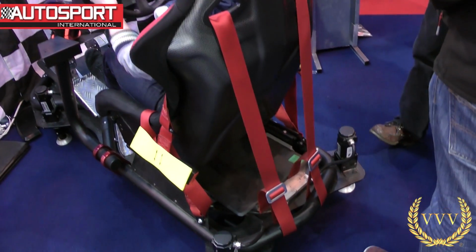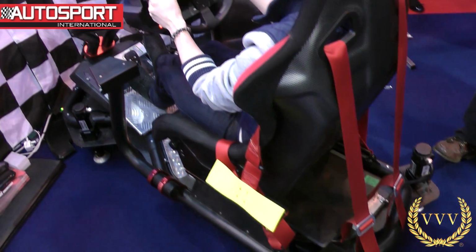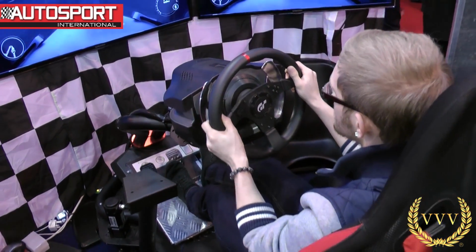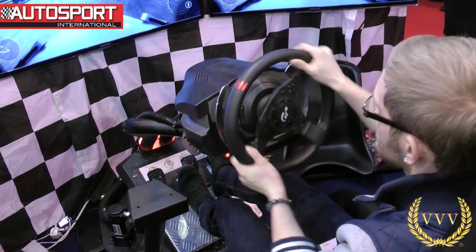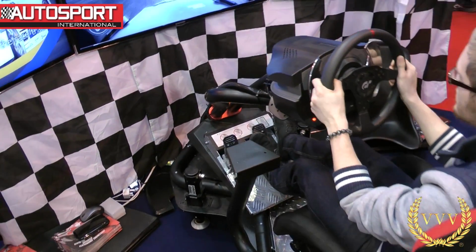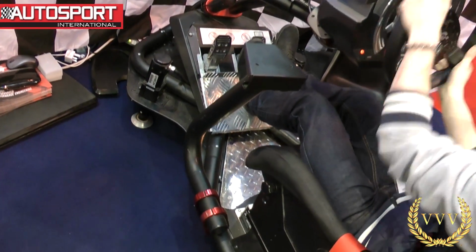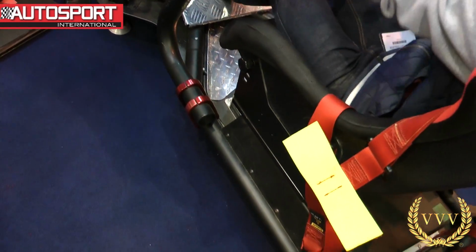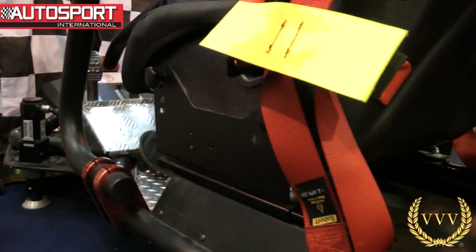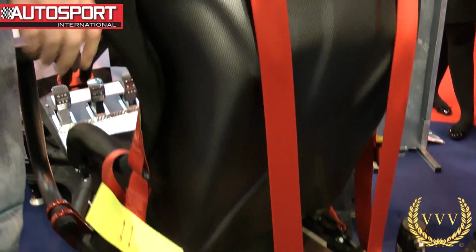Now we're looking at the Aeon seat as well, the Aeon sim rig, which was also on display using a D-Box. A triple screen setup, but not in a triple screen formation, so just the same repeated image on the two screens. But we have the black version. Again, very nice, using a very comfortable Cobra seat. Certainly trying to get in there with all people walking around it all the time, but you can see that was in action